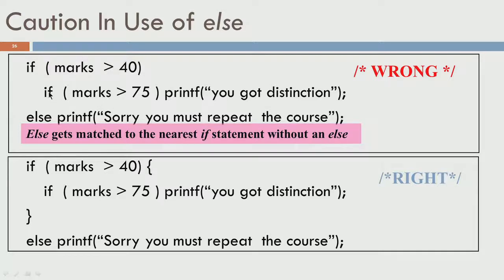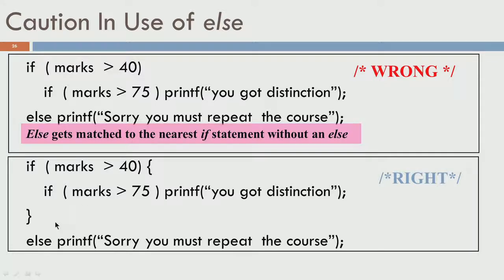So, if you start with this if statement, there is an expression here, marks greater than 75, printf you got distinction. If marks is less than 75, even if it is greater than 40, this else clause attaches itself with this if clause and not with this if clause. So, else always attaches itself to the nearest if statement without the else clause. Because of that, let us say my mark was actually 65, it is not greater than 75. So, I do not get distinction, however, I will be asked to repeat the course,